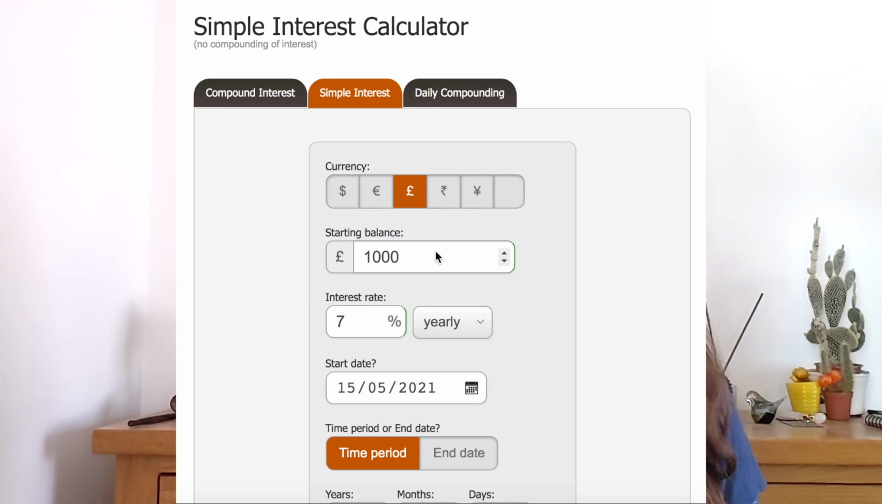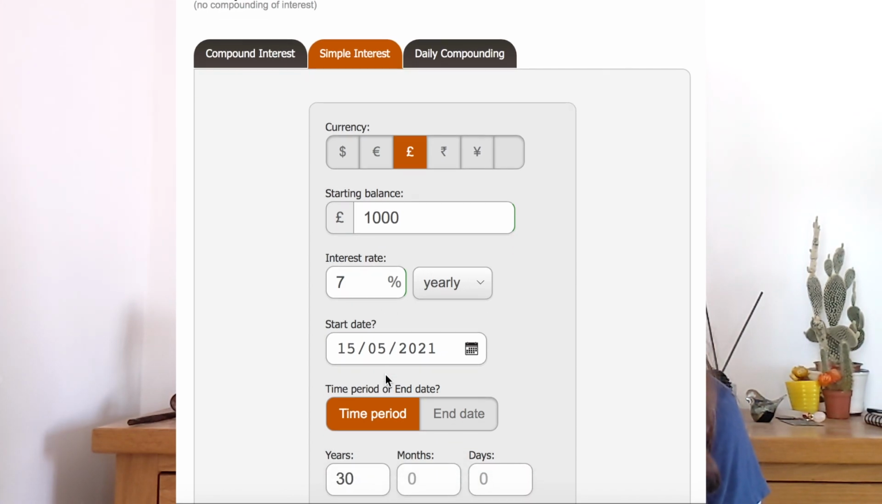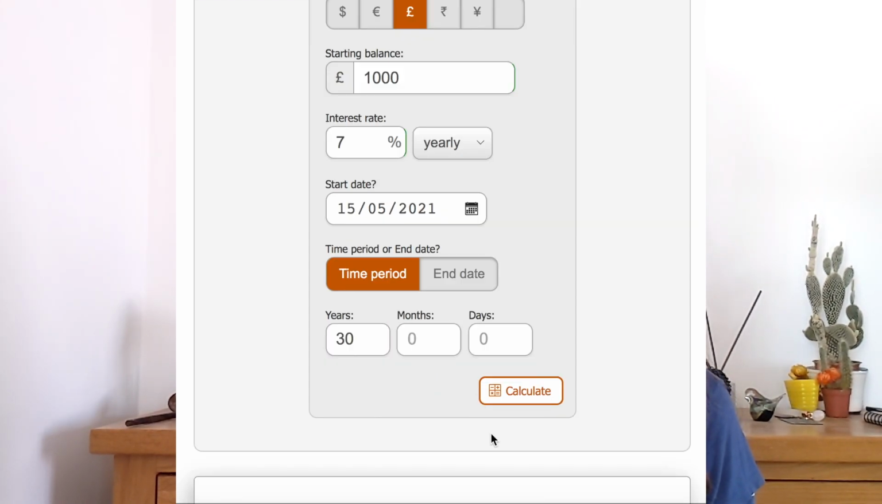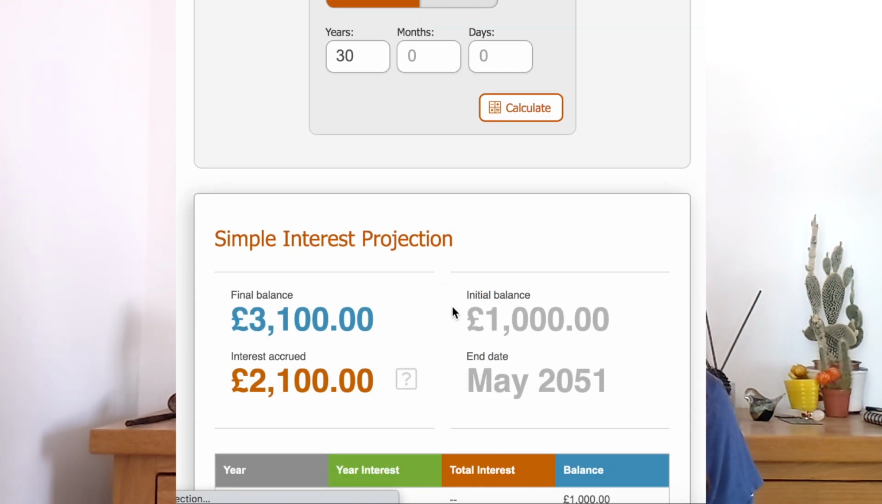So for example, your starting balance is £1,000 and you invest this £1,000 into an S&P 500 fund, which on average brings an annual return of around 7%. So the yearly interest rate is 7%. The period of time that you are going to hold this money for is 30 years. If we calculate, we see that at the end of 30 years you will receive